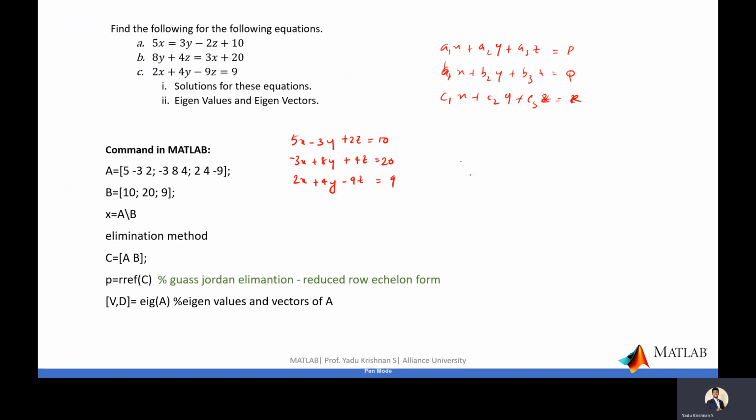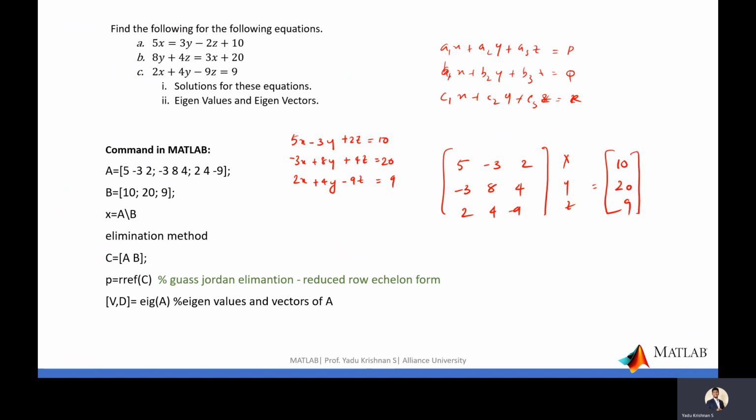We have studied already that it is 5 minus 3 2, minus 3 8 4, and 2 4 minus 9, multiplied by X, Y, Z, which is equal to the constants 10, 20, 9.